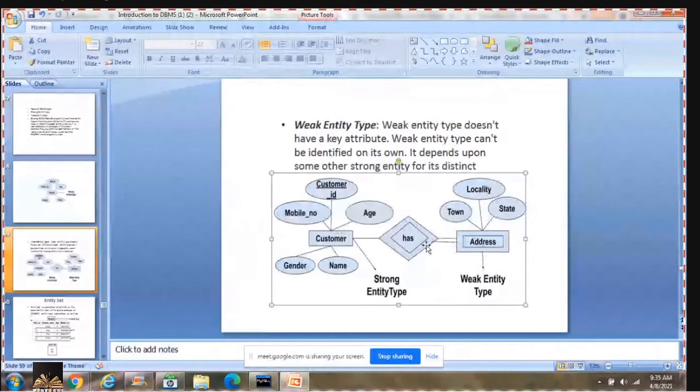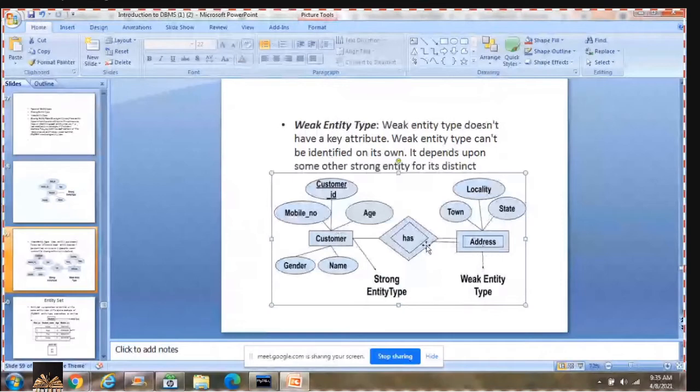As of now, try to understand what a strong entity is and what a weak entity is. Customer is a strong entity because it has enough attributes to form a key attribute. Address is a weak entity because it does not have enough attributes to form a key attribute.